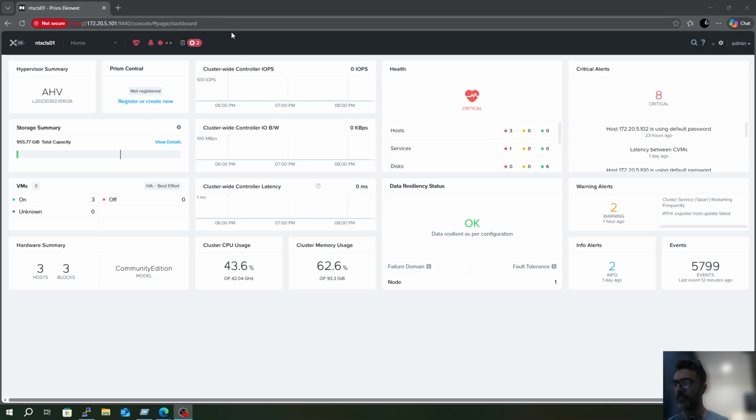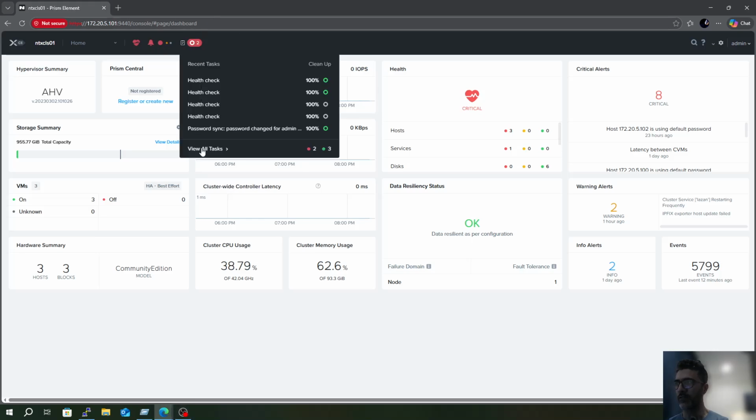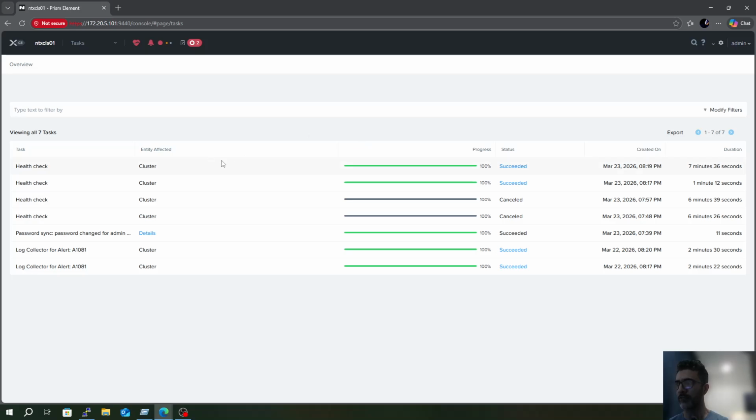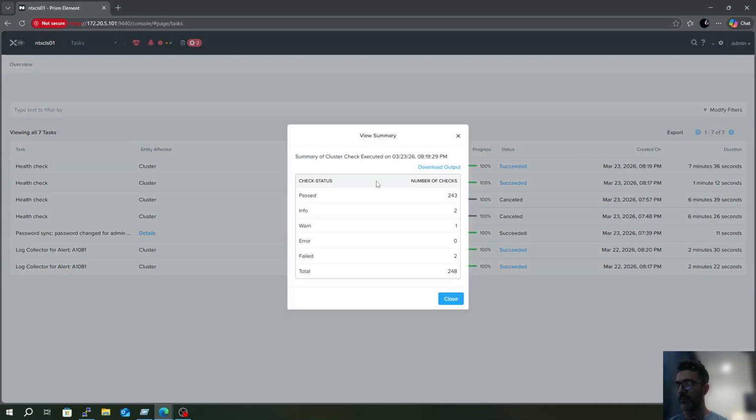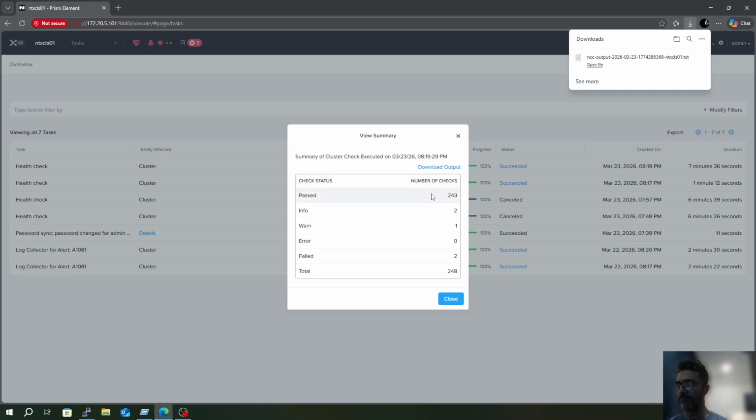Okay, I'm back again. So let's go back to the task. As you can see, it's finished and it succeeded. I'll click on succeed and then download output. You can see over here how many passed, info, warn, error, and fail, and total again. If I click on this downloaded file,